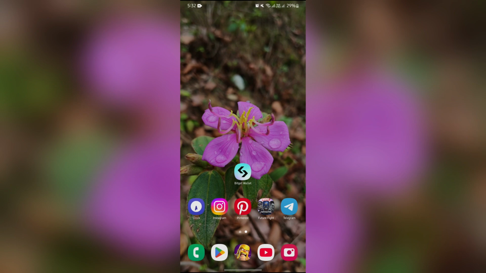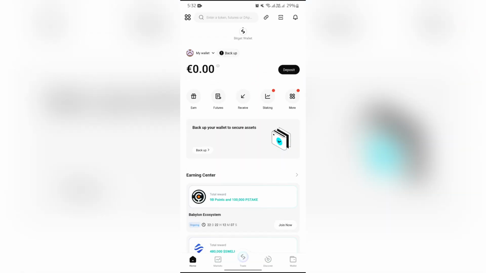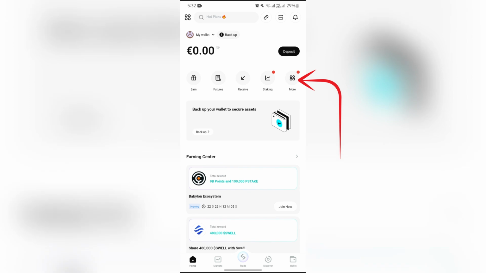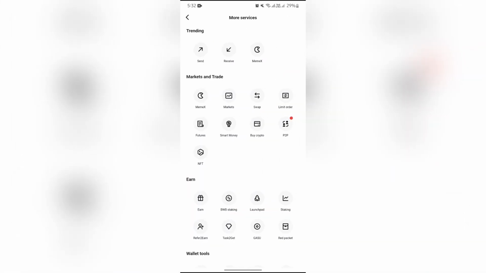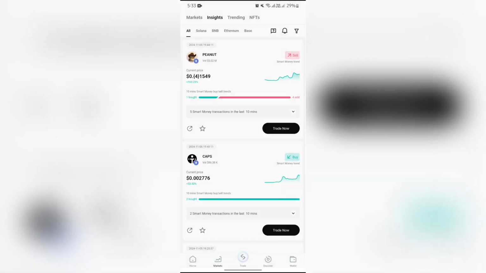Now, in order to do that, just simply open your Bitget Wallet application, and after opening it, you simply have to tap on the More option. Now, in this section, you will get this Smart Money in the Markets and Trade section. Just simply tap on Smart Money, and now